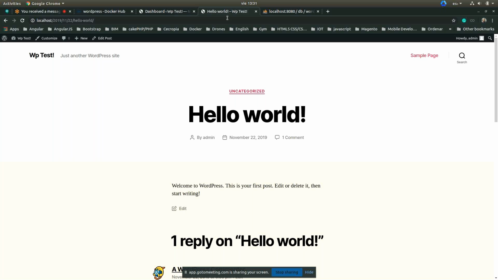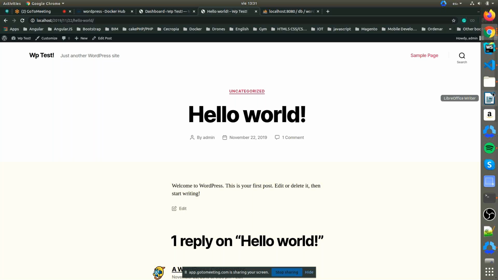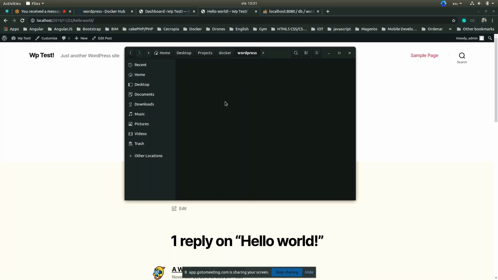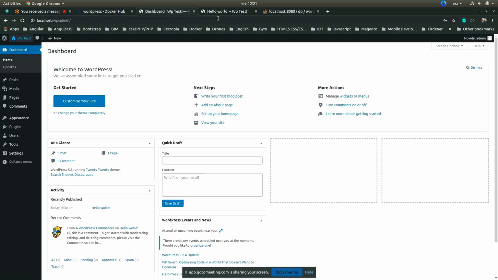If you are going to develop some code for the themes or plugins, you have to create it here, as a normal user would if you were developing locally on your machine. So that's the case of WordPress.